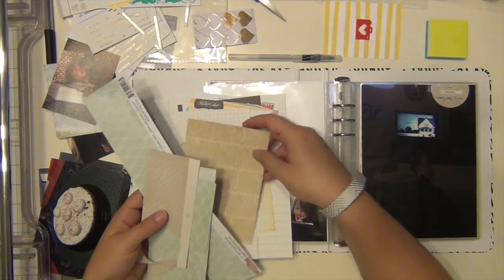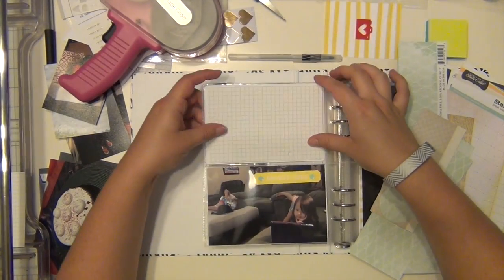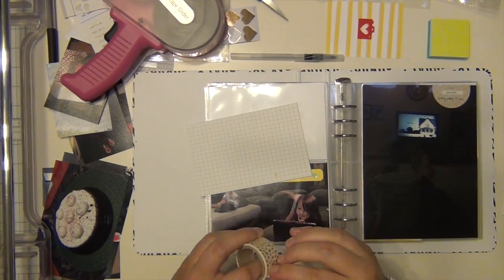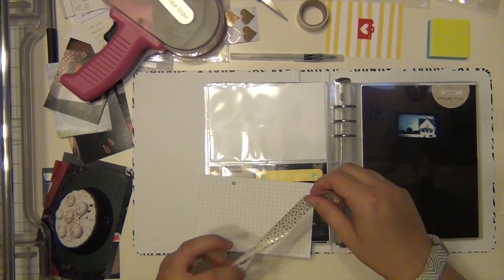So I just took out the decorative card that I have with the camera, and I'm going to put that in on Wednesday instead. So I'm finishing up Tuesday here because I wasn't quite finished when I had turned the camera off last time. And so, I replaced the card there with Annabelle's, and then for this one I'm doing